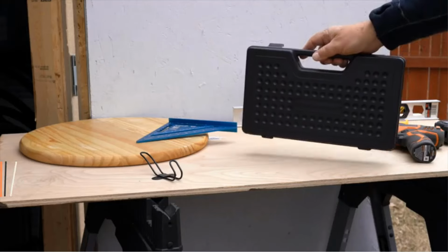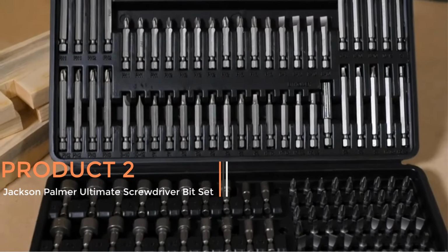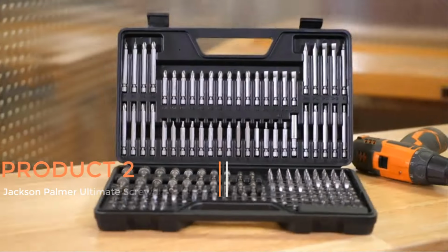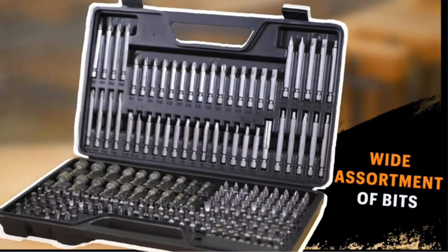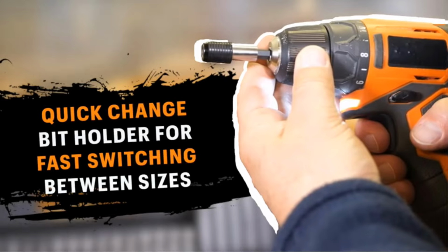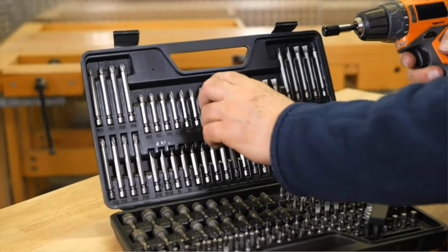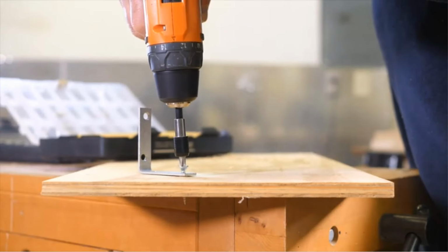Product 2. Product name: Jackson Palmer Ultimate Screwdriver Bit Set. The Jackson Palmer 218-piece Ultimate Screwdriver Bit Set is a comprehensive toolkit designed to meet a wide range of needs for both professional and DIY enthusiasts. Featuring high-grade carbon steel construction, this set promises durability and longevity, ensuring that the bits can withstand heavy use without